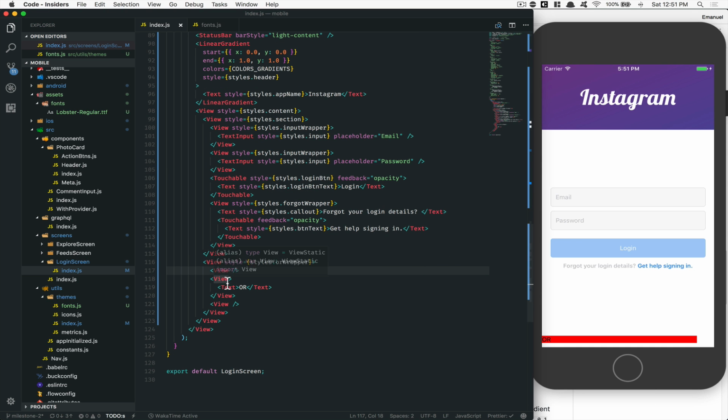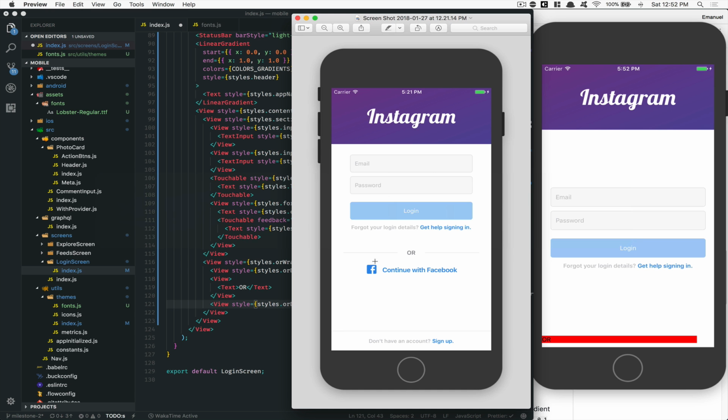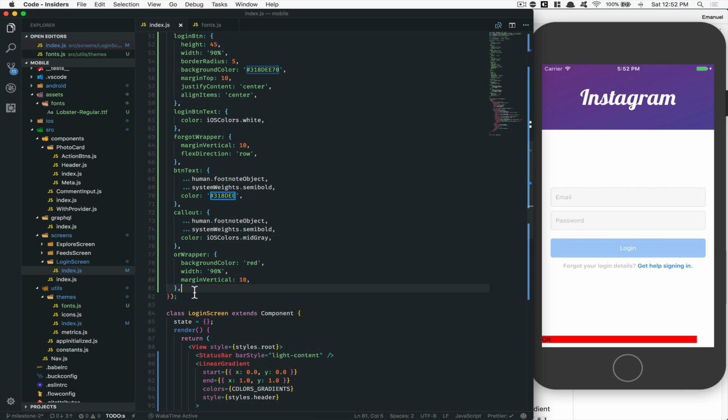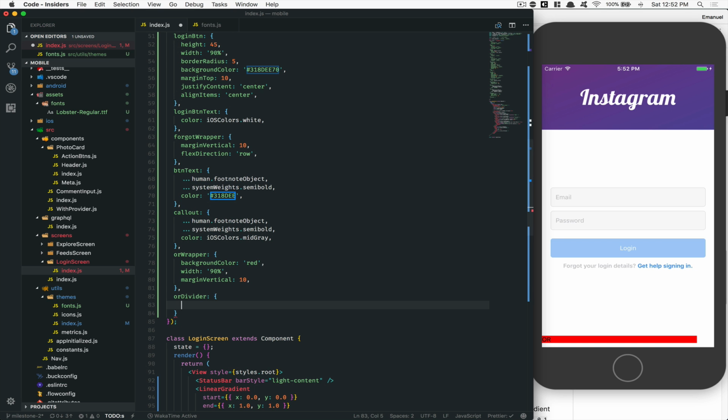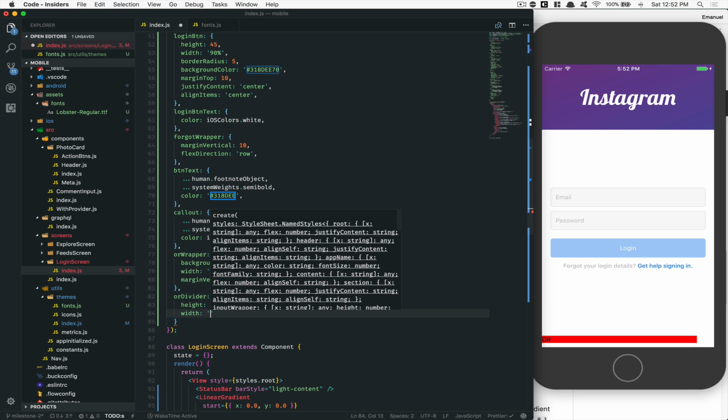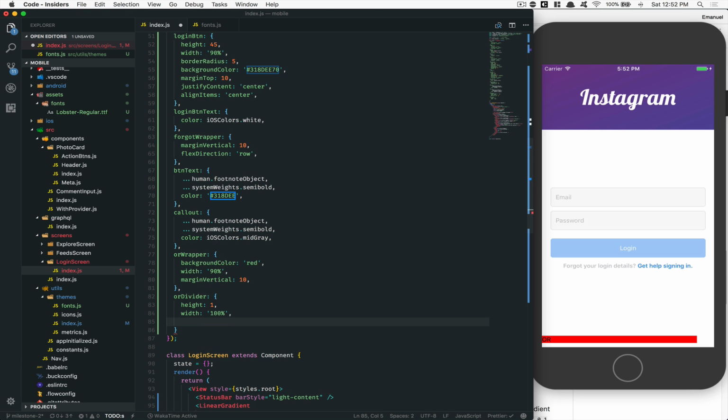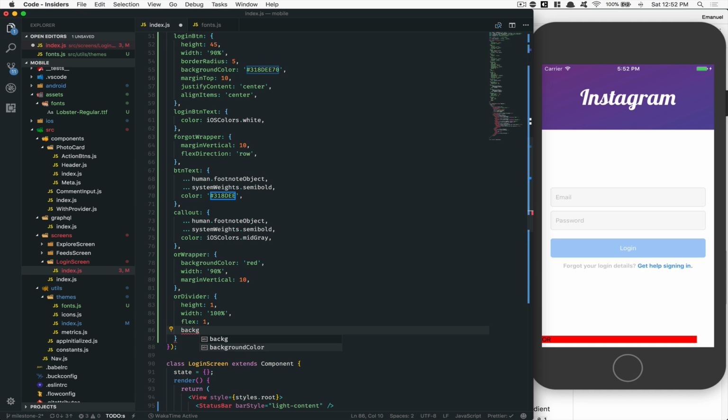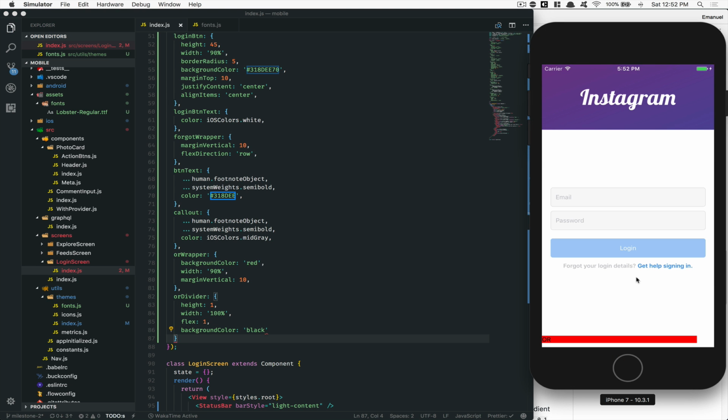So now what I'm gonna do is this view here, I'm gonna put a style of R divider for the both. So that's gonna be the little divider we have here. See? I'm gonna create this R divider, and I'm gonna put a height of 1, a width of 100 percent of each parent, and I'm gonna say here a flex of 1, and I'm also gonna say background color of black for now. Okay, if I do this and I save,